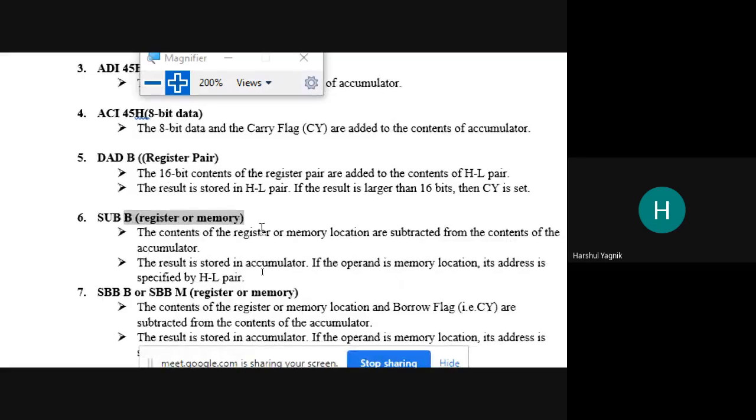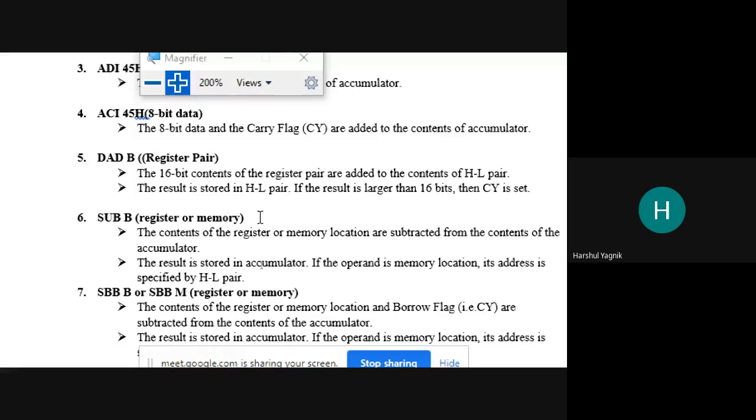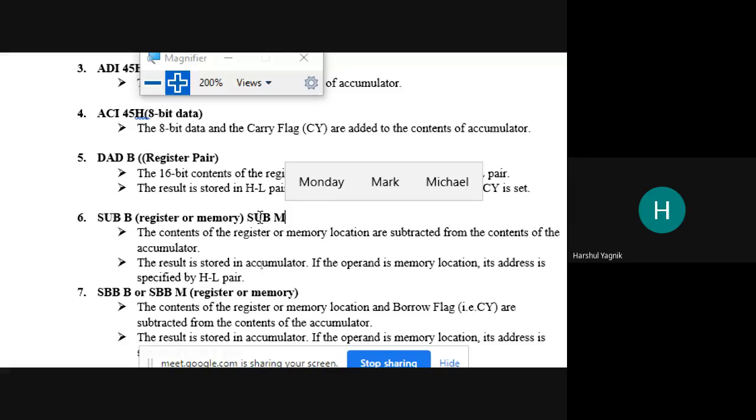Now you see how to use a memory location. We cannot mention the whole memory address, but rather we can write the instruction like this, SUB M. Whenever M is written, that means the memory location whose address is stored in the HL register pair, from that memory location the operand will be fetched.